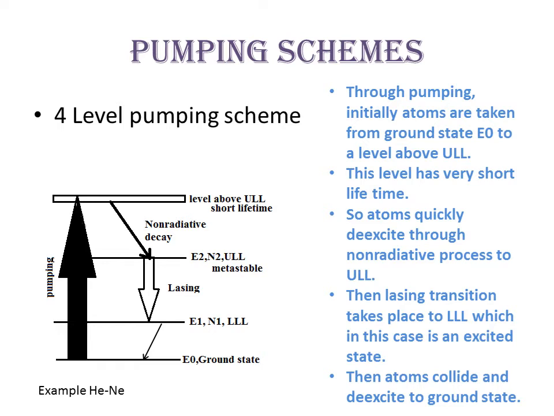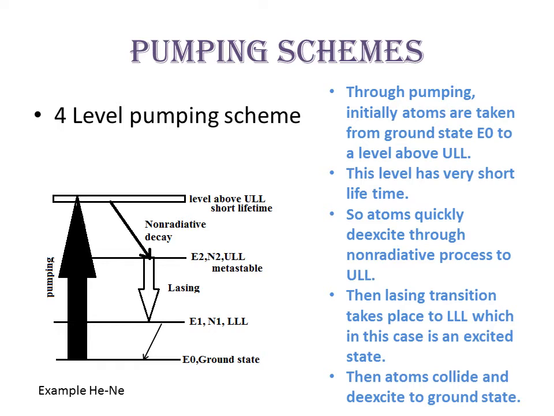From there is non-radiative decay to the upper laser level, then the lasing transition, which will take the atoms to the lower laser level. From there is some kind of de-excitation going on. Normally through collision, in the case of the helium neon laser, these atoms will collide with the walls of the tube and they will lose energy and come down to the ground state. So this is the 4 level system, and